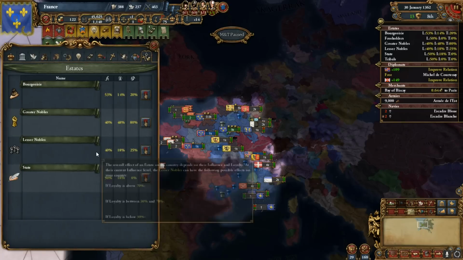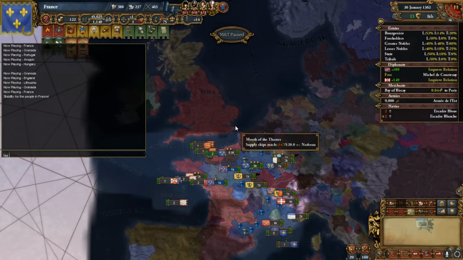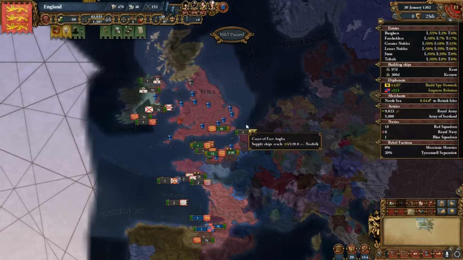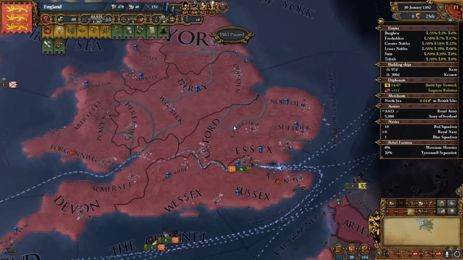Let's see. So other mechanics. What do we got around here? Let's go over the various estates. How about that? So we have lots of different types of estates in game, and you don't get to choose